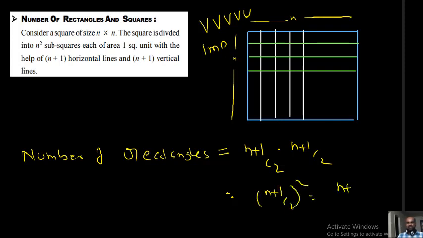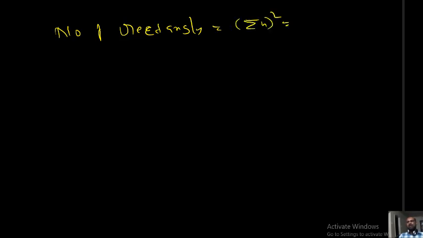This is nothing but n plus 1 into n plus 1 minus 1, n by 2 factorial, whole square. So what is this? Inside, this is sigma n, whole square. Okay, so what happened? Number of rectangles is equal to sigma n whole square,